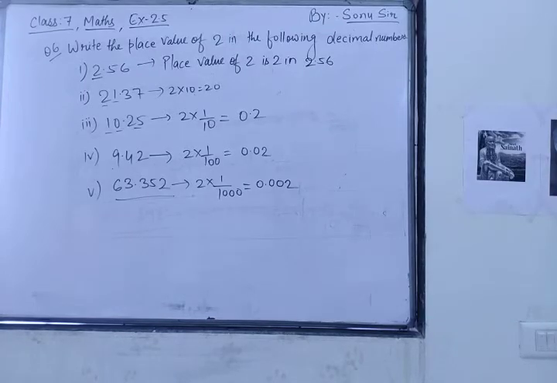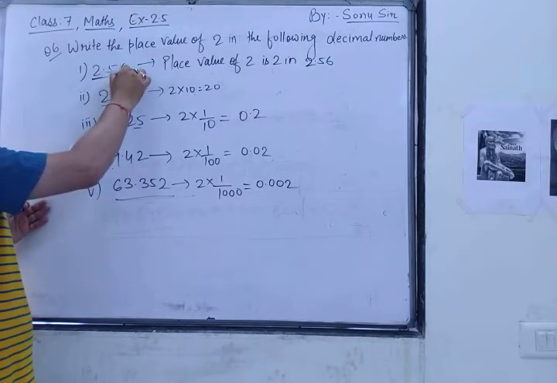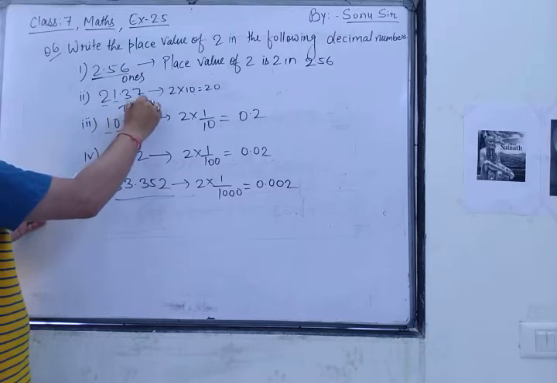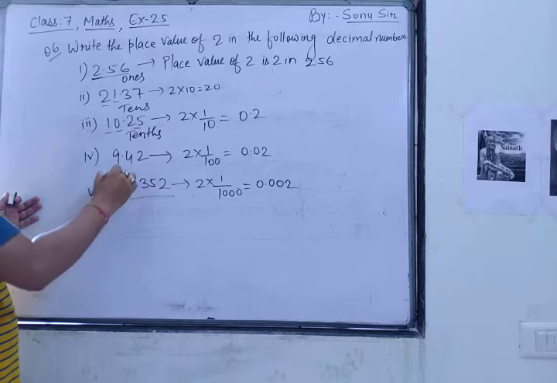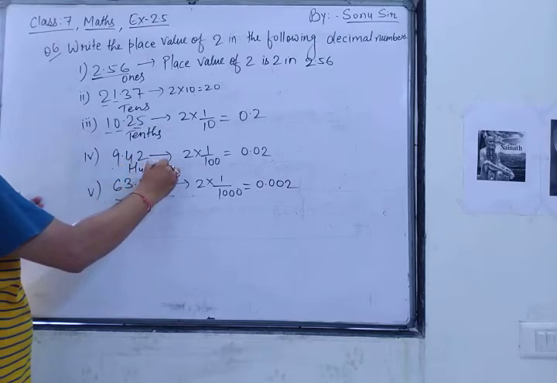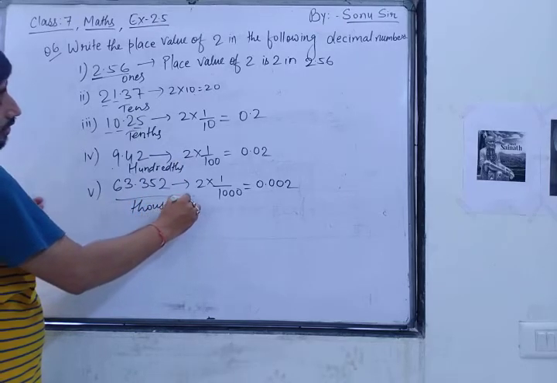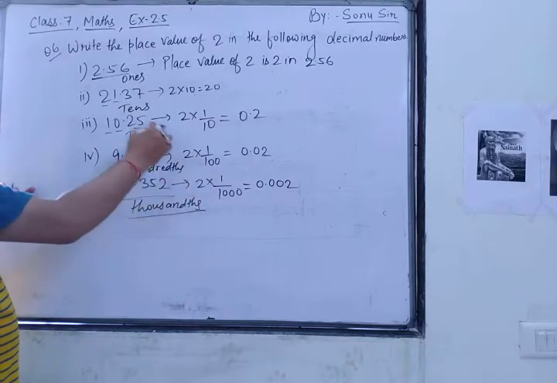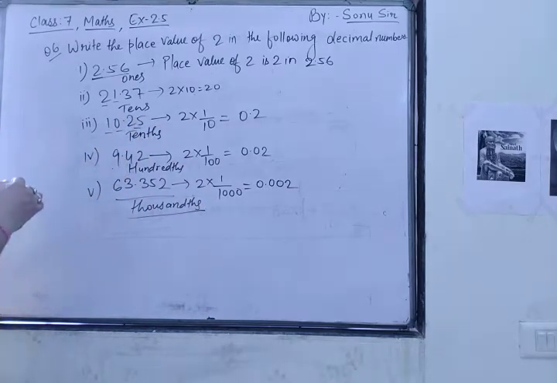So if anybody asks you what the place value is, here you can tell the place value is ones. Here tens. Here 1 by tens, you can write tenths. Here hundreds. Here thousands. The ths means 1 upon, as I have already informed you. So what are the place values of 2: ones, tens, hundreds and thousands? Hope all of you have written this question number 6. So can I move to question number 7 now? Yes. So let's start question number 7.